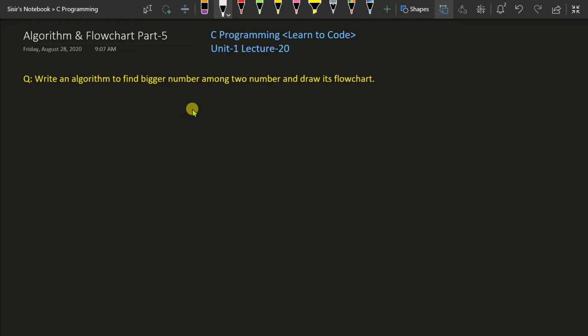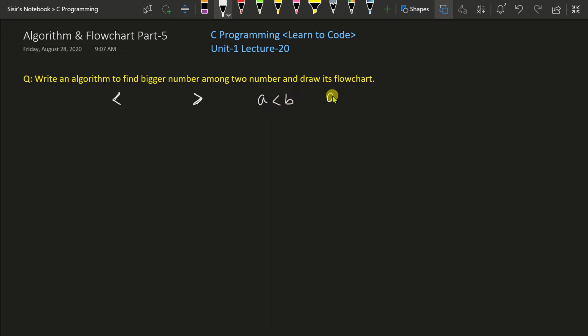Before understanding that properly, let us discuss two operators. Those two operators are called the less than operator and the greater than operator. These operators are already known to everybody. But in an algorithm, while we are writing these operators, we should know the way to write them. Suppose I write a less than b. That means I am comparing whether variable a is smaller than b or not.